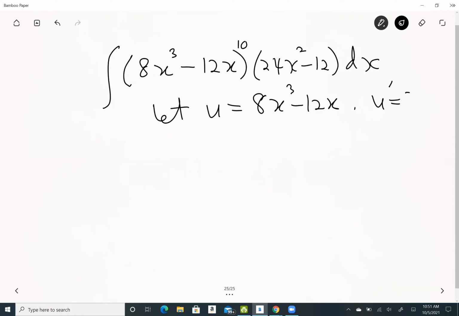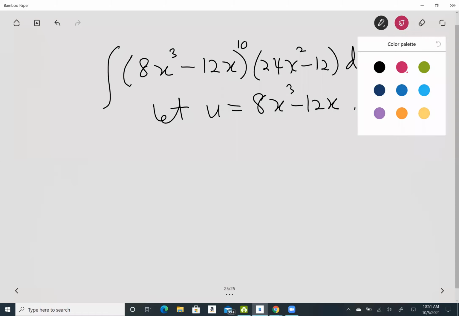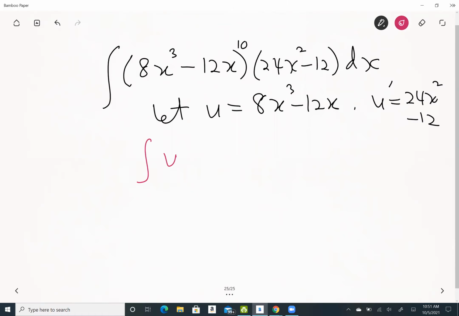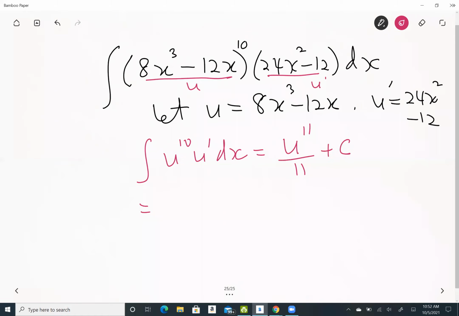Okay, you got 24x squared minus 12. So you got the form u to the power of 10 u prime dx. So the integral will be equal to what? So this is u, and that is u prime. The integral will be u to the power of 11 over 11 plus c. And that is, of course, equal to 8x cubed minus 12x, everything to the power of 11 divided by 11